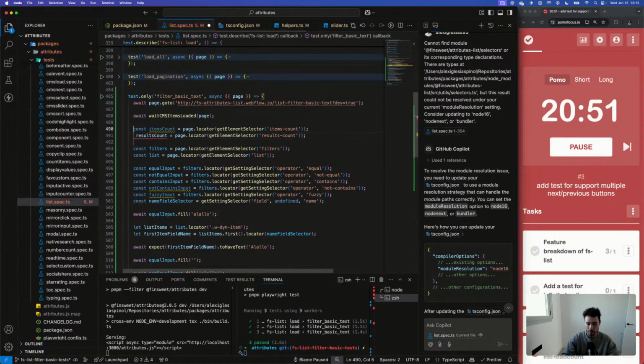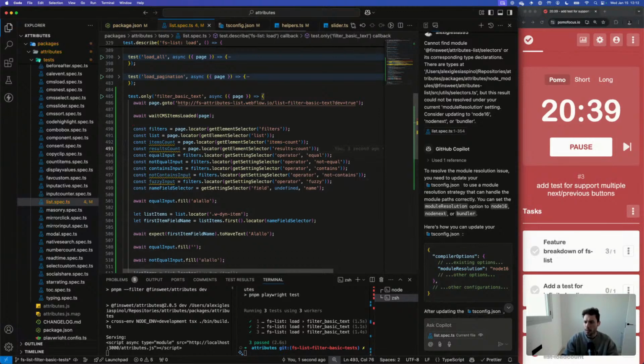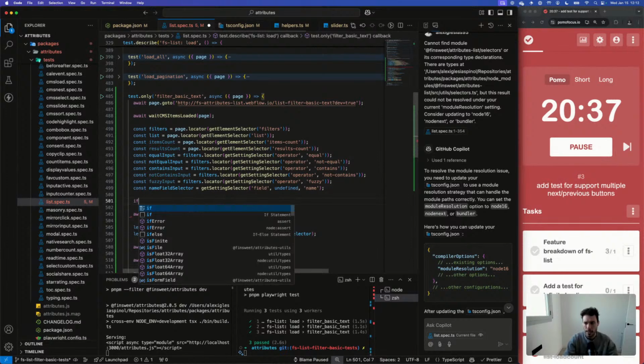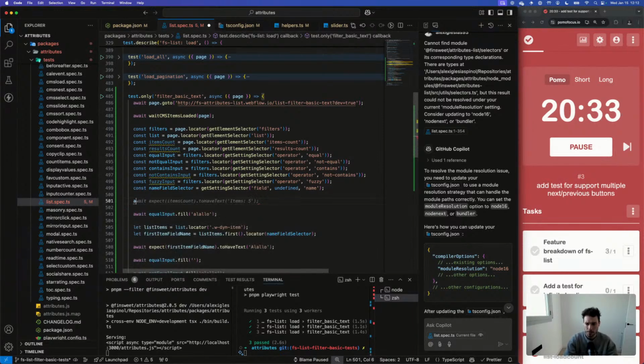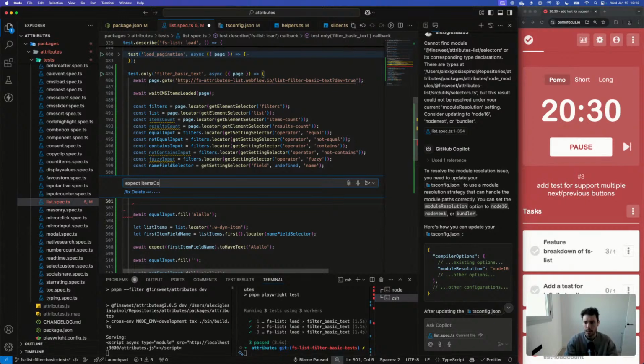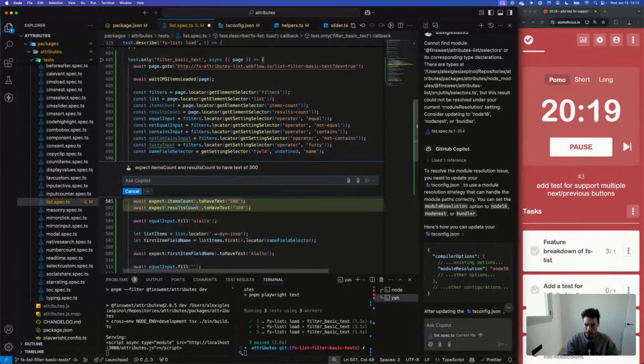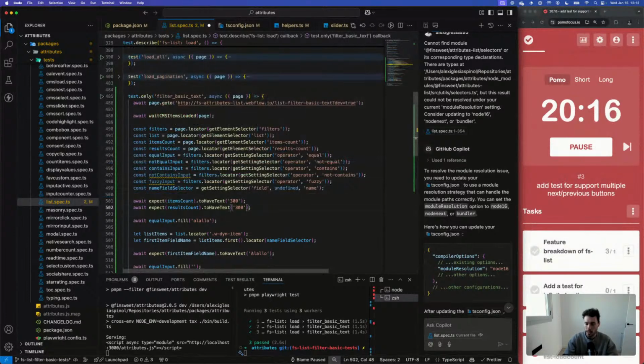And I want to use let because we're going to, oh no, actually no, it's going to be the same now. It can be a const. Okay, so first we don't want to test anything if we don't have await expect items count and results count to have text of 300. Because if that's not the case, that means that we are not loading the test right and it's invalid.